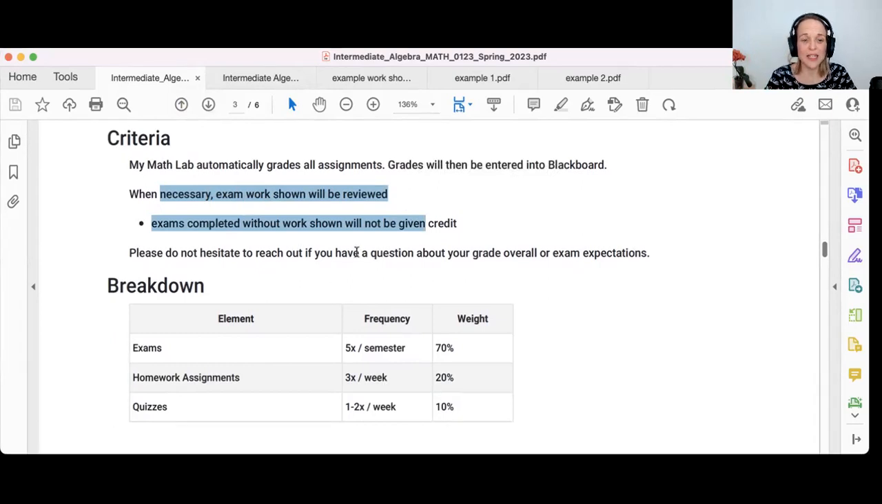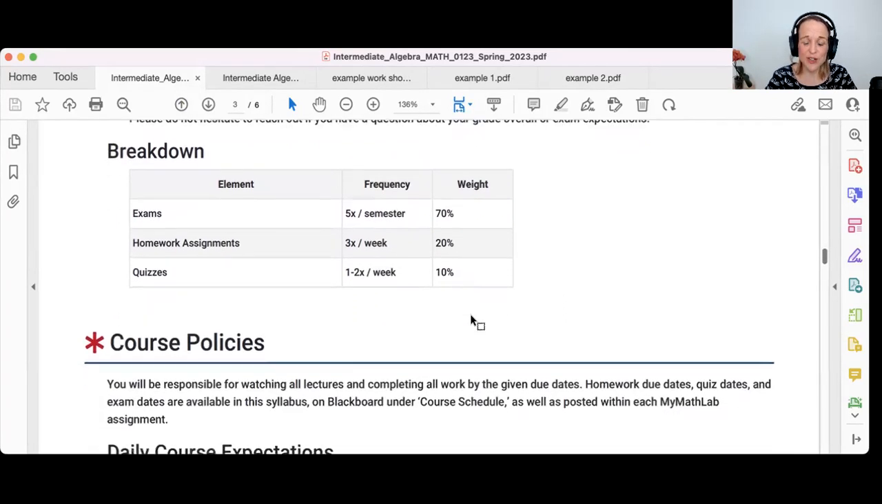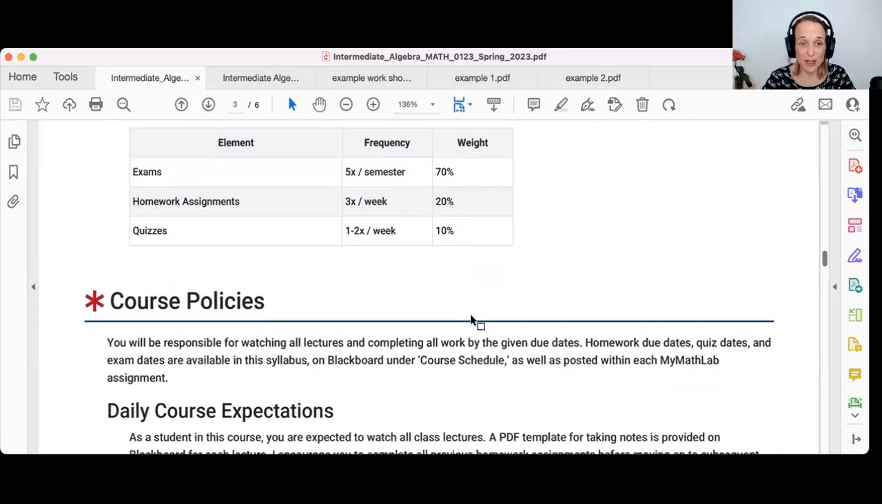Okay, so exams are 70% of your grade. There will be 5 exams. Homework is 20% of your grade. It's just 1 homework grade per unit, but you do have to follow the due dates for the homework assignments. Quizzes are 10% of your grade. Quizzes are just to help you get ready for the exams. Sometimes on the exams, you might even see a question from the quiz. It's supposed to be pretty close to exam level